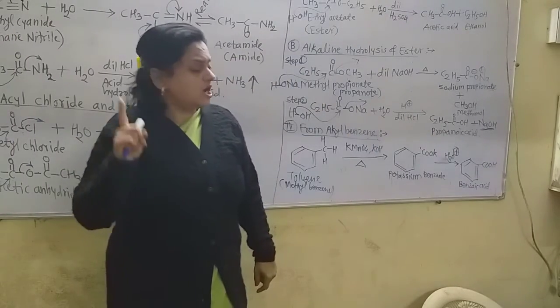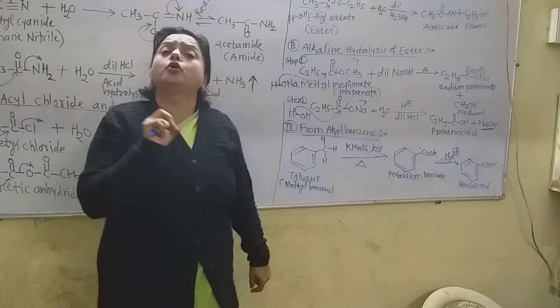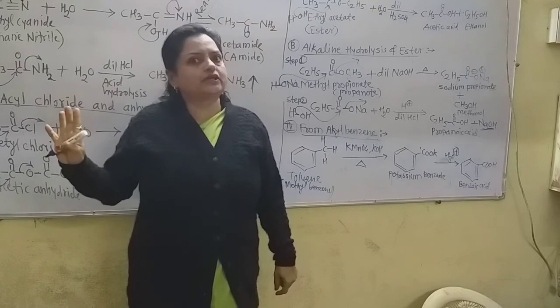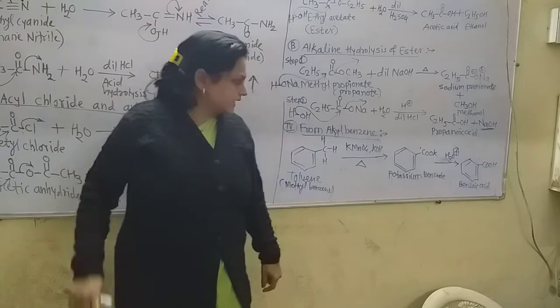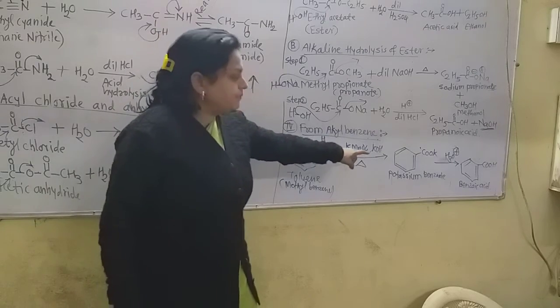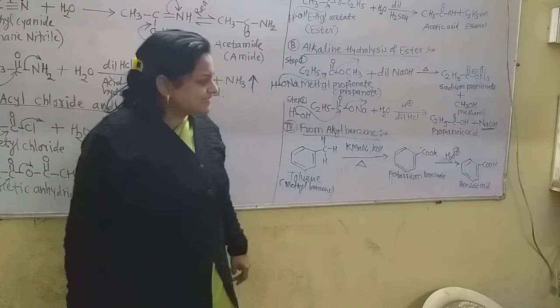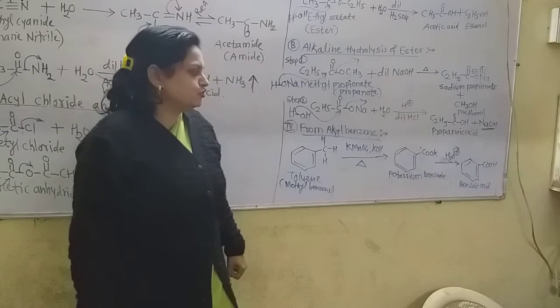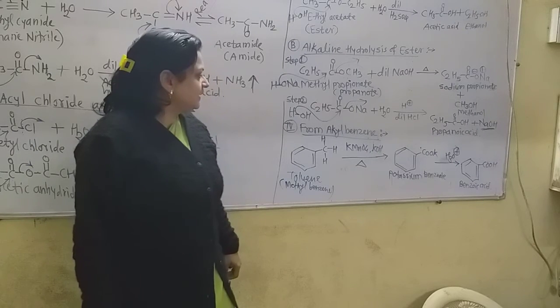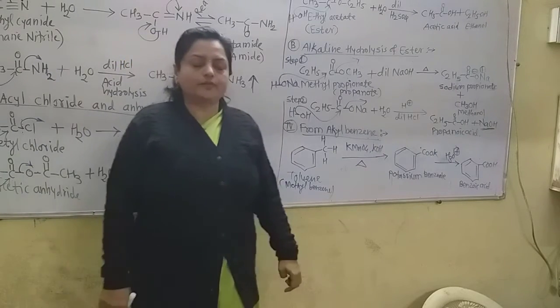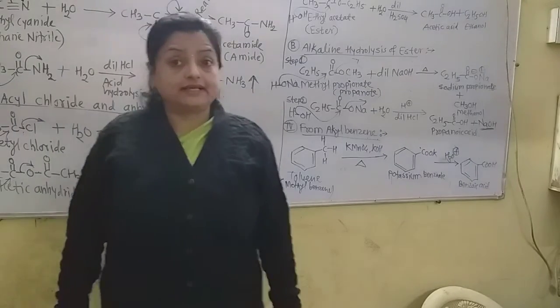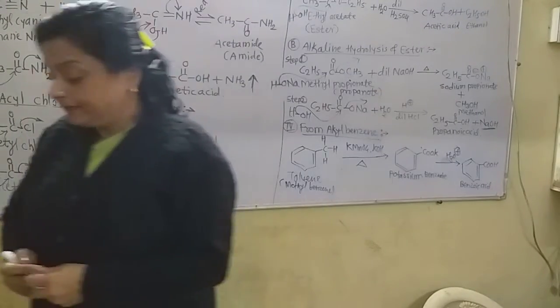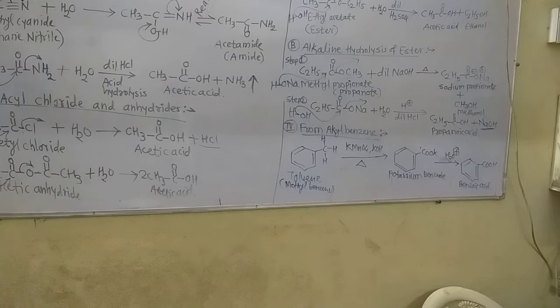But remember, finally there is always the formation of benzoic acid, and no other acid is formed, only benzoic acid. Now this potassium benzoate on acid hydrolysis directly gives benzoic acid. And in this way, this is the fourth method of formation of carboxylic acid. Let us see the fifth method, which is remaining now, the final method of preparation of carboxylic acids.